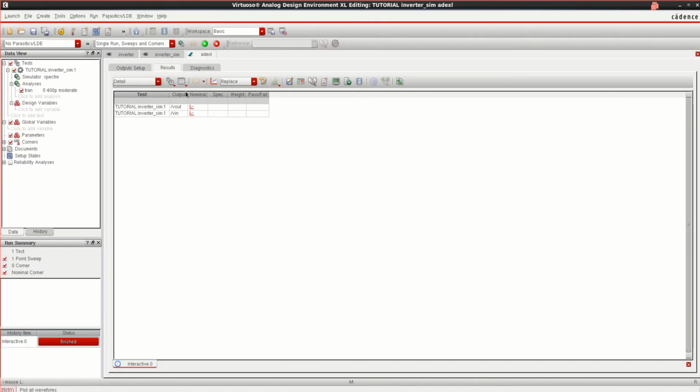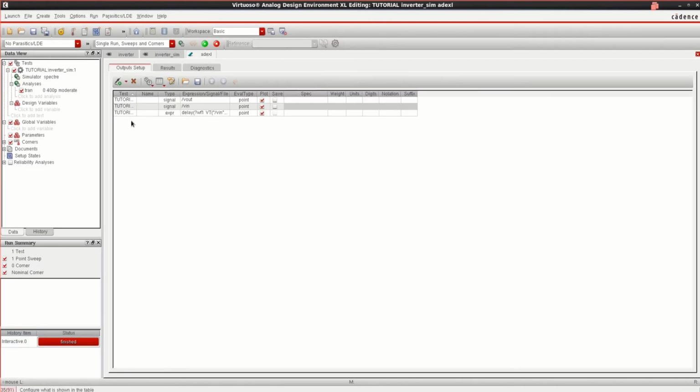In the ADE XL window, it has loaded the expression. I can call this TPDF. This is for falling because the output is falling when the input is rising.